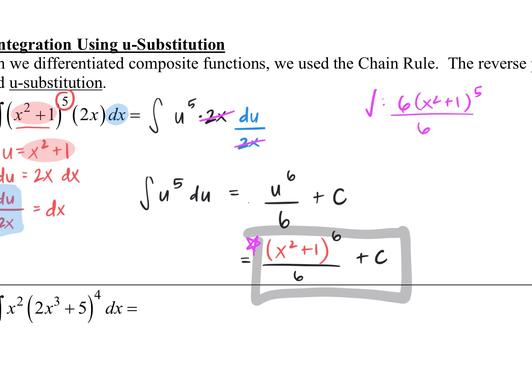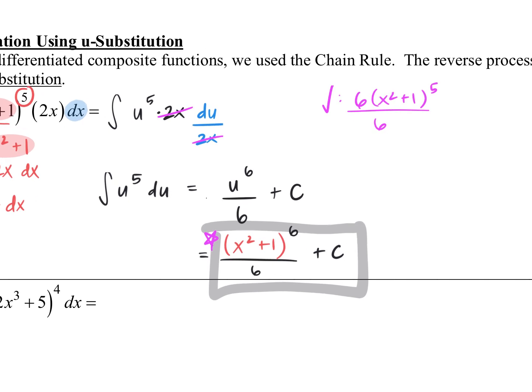But if I take the derivative, that means I also have to take the derivative of this inside piece. So the derivative of x squared plus 1 is 2x. Now if I simplify this, the 6 goes away, and I'm left with x squared plus 1 to the 5th times 2x, which is exactly what we started with. Okay, so it's using the chain rule,